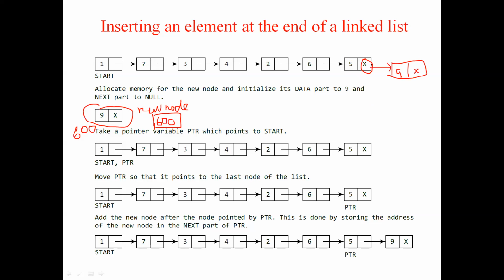So how will you access this field? Right now, temp of next. This is not part of the while loop. This is after the while loop. The while loop is for iterating purpose alone. The while loop will fail when it finds temp of next not equal to null is false. Then it will come out. After coming out, you have to write this statement.